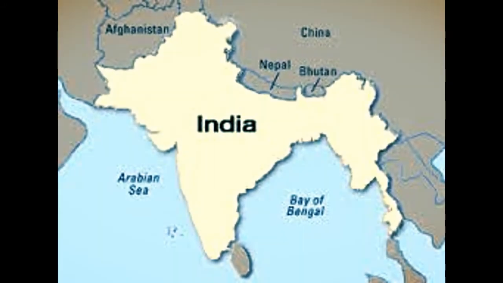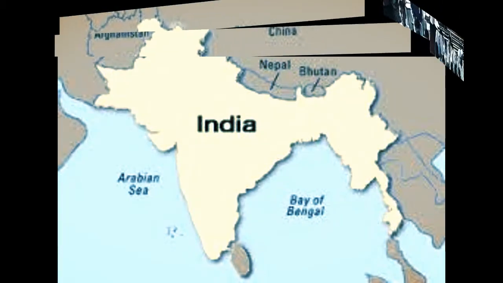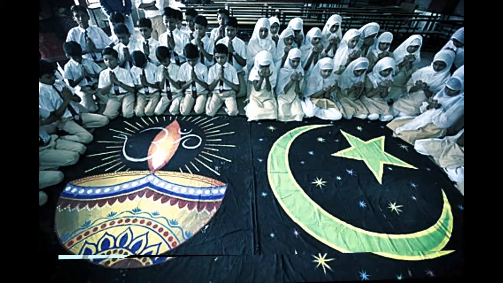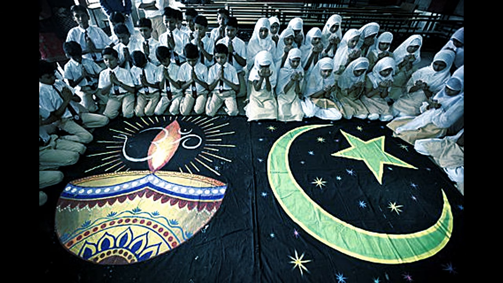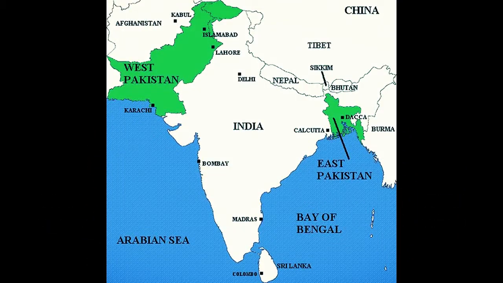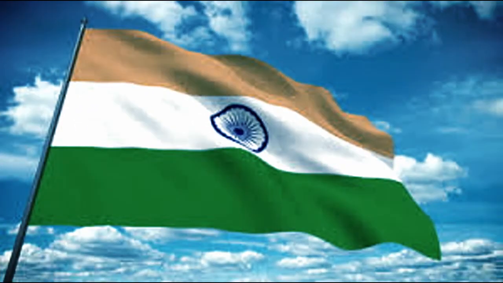India finally became free from Britain's rule. However, they still did not have absolute freedom. The Hindus and the Muslims in India had major conflicts, and they could not get along. They came to an agreement of becoming separate countries, Pakistan and India. Now India had officially gained absolute freedom.